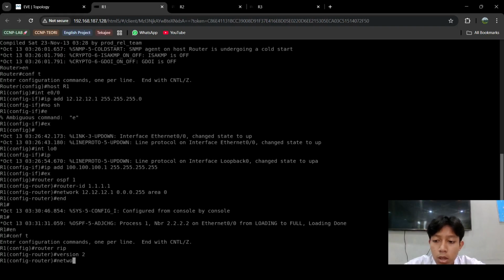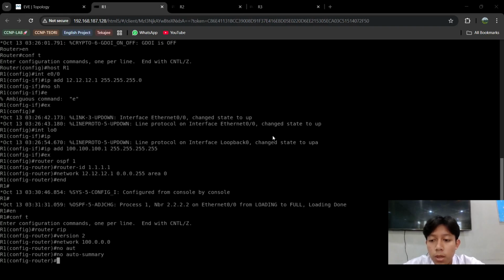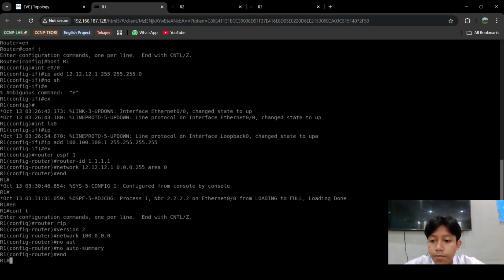So you can add network 100.0.0.0, and don't forget to type no auto-summary and end. At this point R3 cannot reach 100.1 because OSPF and RIP don't automatically share information.